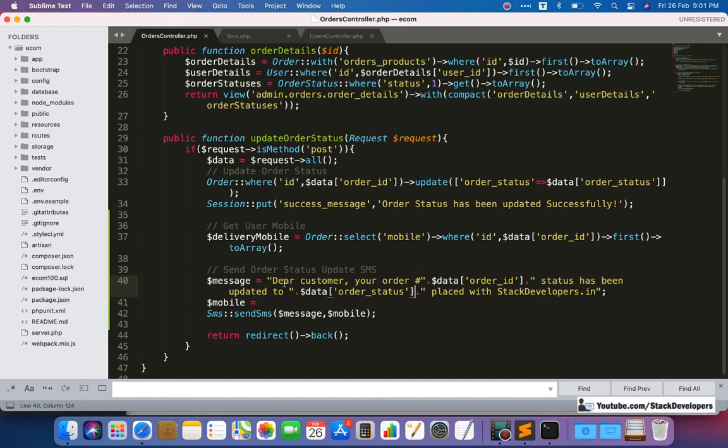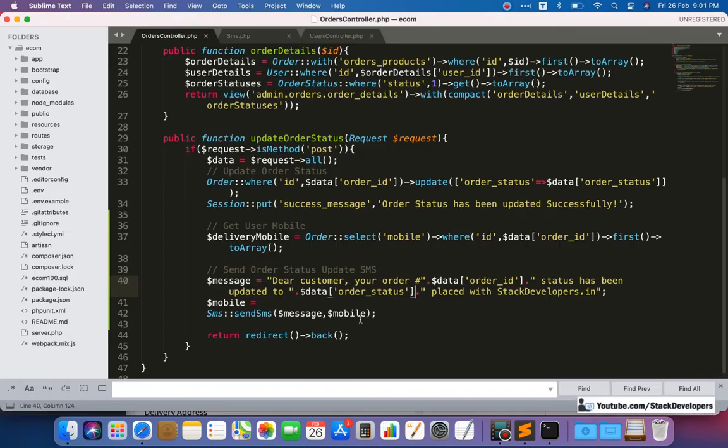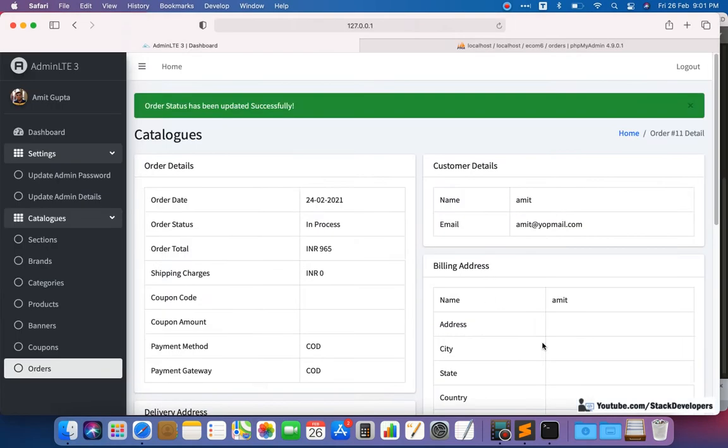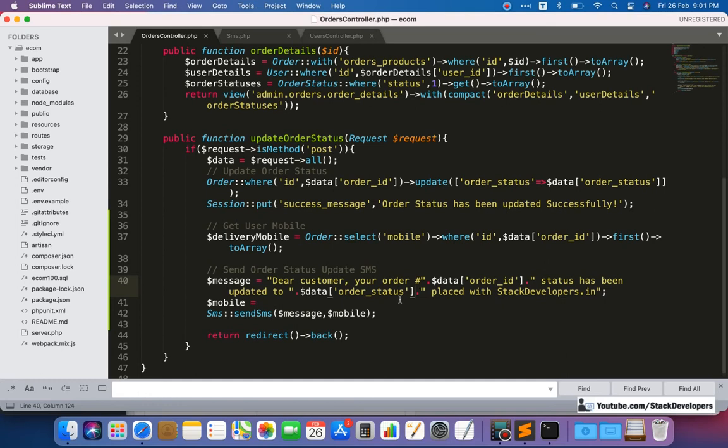So it means, dear customer, your order hash, whatever the order is, like this is order 11. Dear customer, your order hash 11 status has been updated to in process, like we have done, updated to in process. Okay, so we can also put that in code, so that the user is able to know the status.